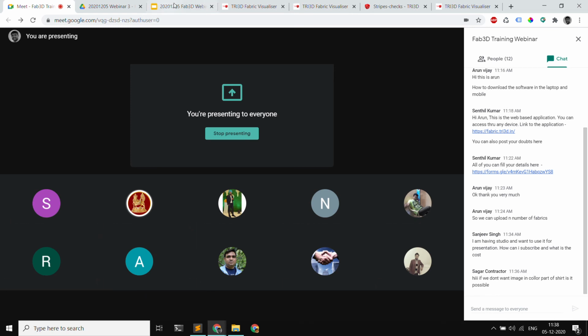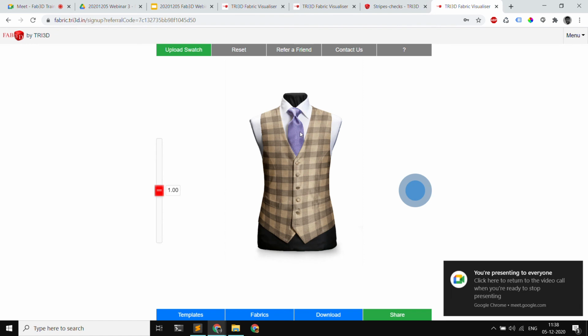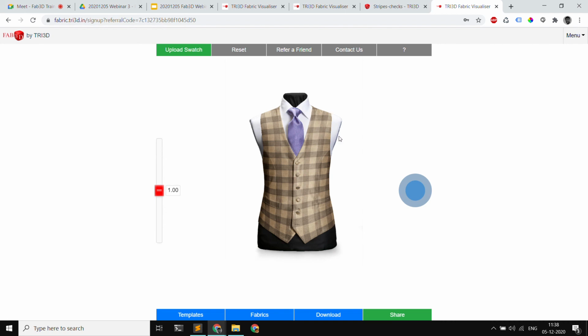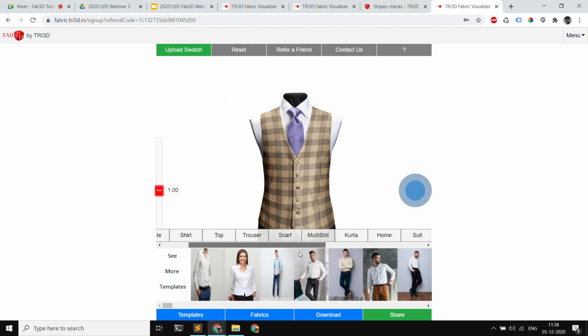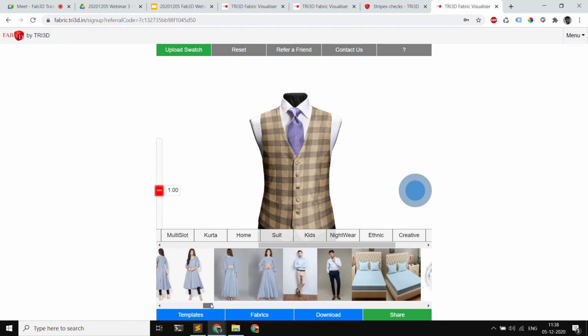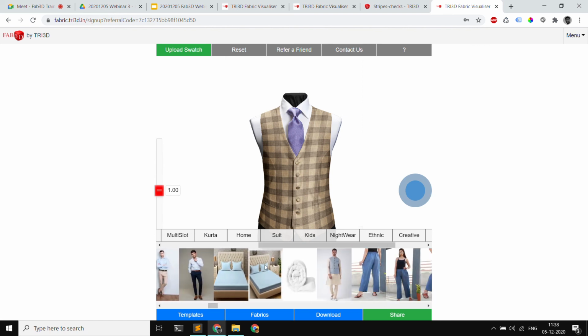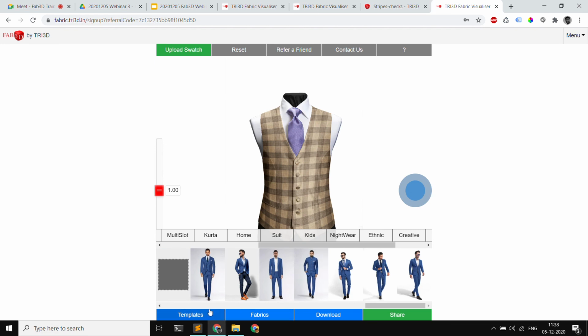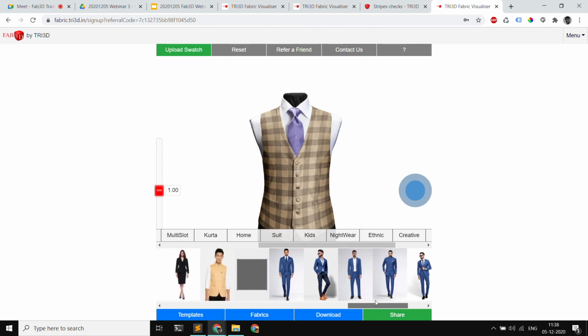Right now, see, it depends on the template. For example, if I make the template in such a way that the collar is not included in the shirt, then only the shirt part of the fabric changes. Let me check if I have anything like that. I don't think so, but I can give you an example. Let me go to suit and open a tuxedo.